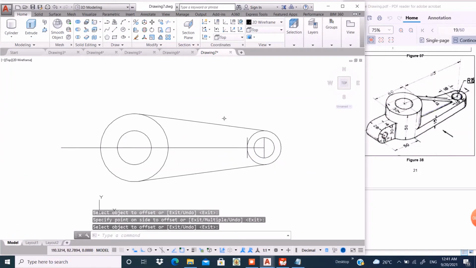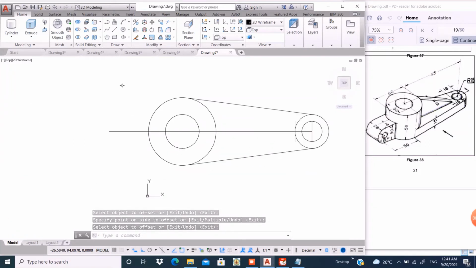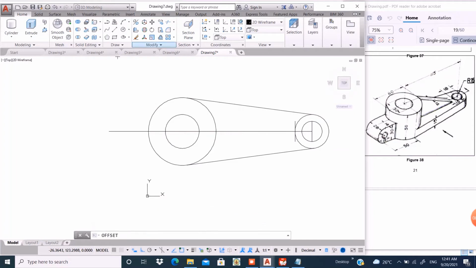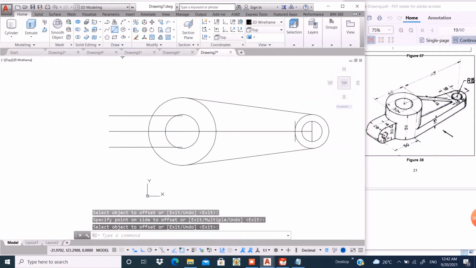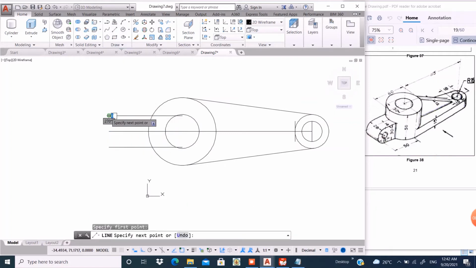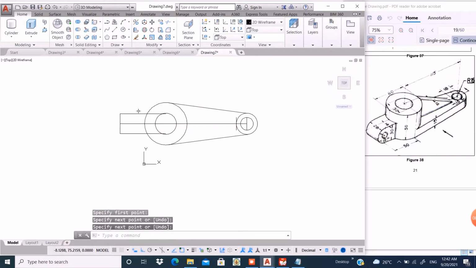Okay. Now go to offset command and give offset distance 14 unit and make offset from this line, and again take line command and join this line.